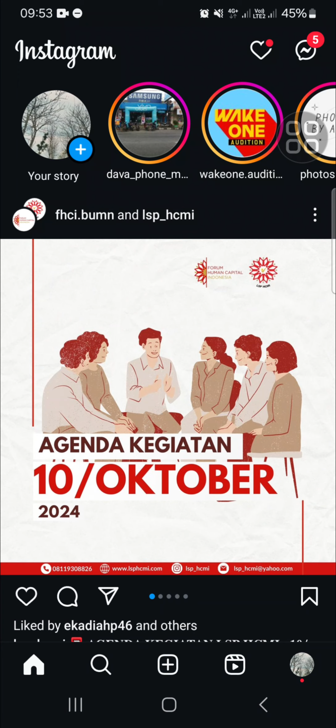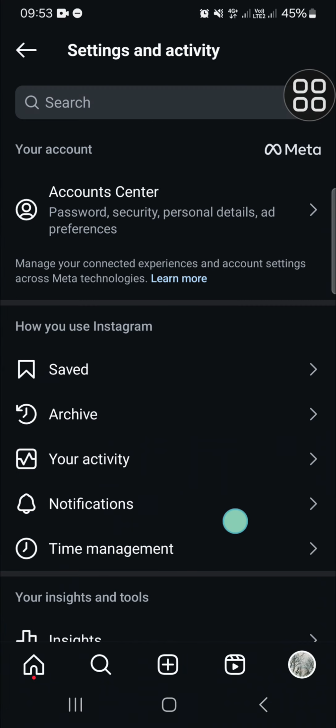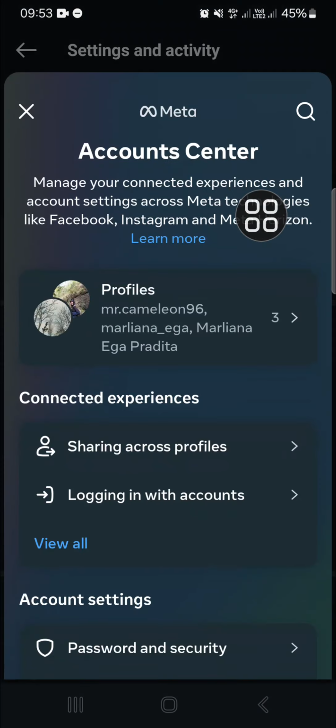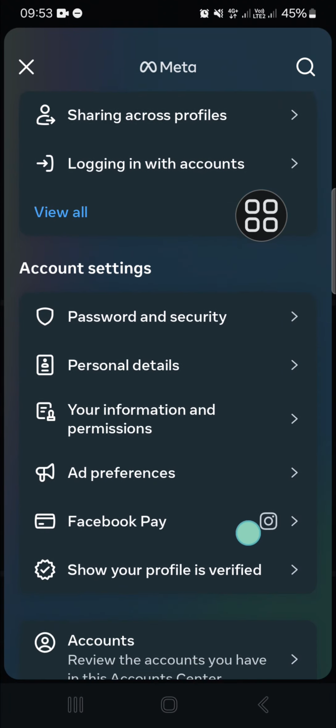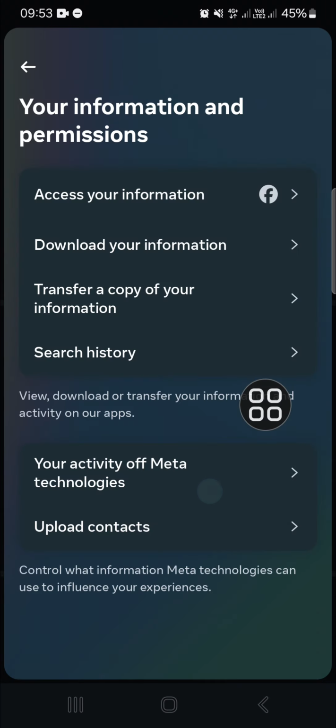Here I have opened my Instagram application, and first of all, we need to go to our Instagram settings. I'm going to open up my profile, and then select these three lines on the top right. Then we can go to the Accounts Center. Then you have to scroll down and select Information and permissions right here, and go to Upload contacts,